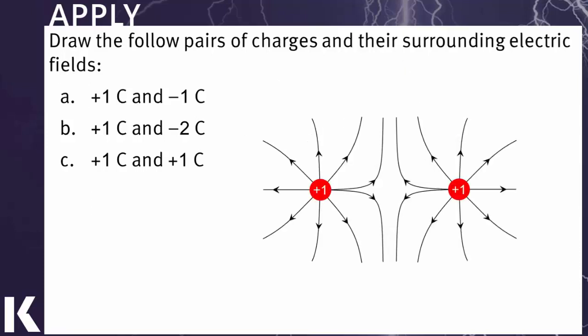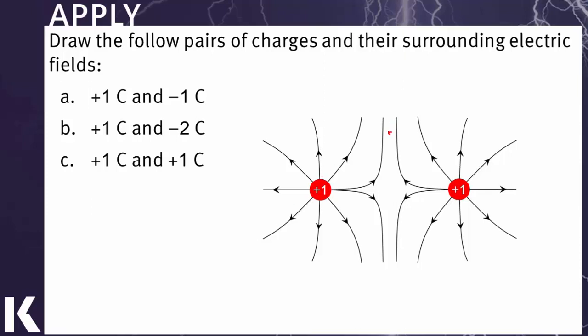Now let's look at what happens when we have two of the same charge, a +1 and a +1 coulomb charge. You can see that this field looks a little bit different. The combined field from these two charges in the middle looks like it pushes away from each other. And this is because of the combined effect, the combined repulsion of these two charges on any positive charge placed in the middle here. So for example, if I place a positive test charge up here, it's going to experience two field